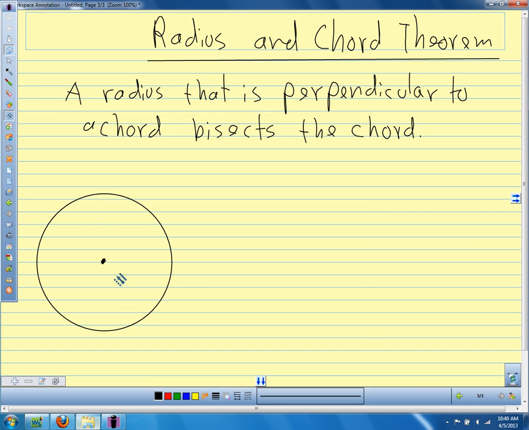So here's our radius. Here's our chord. This is a 90-degree angle. And those two lengths are the same. Does anybody have an idea, just looking at this picture, how we might prove this theorem? How we might show that if that angle